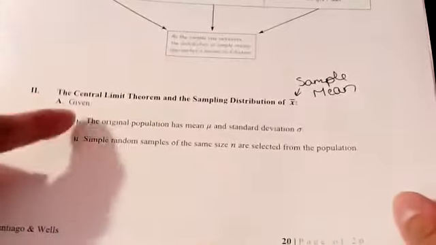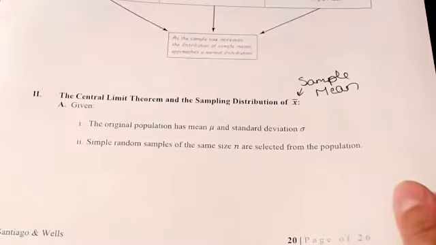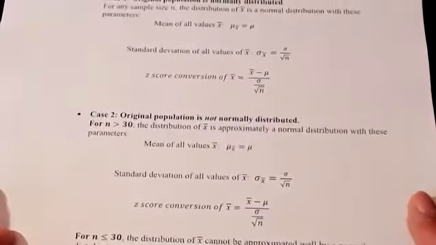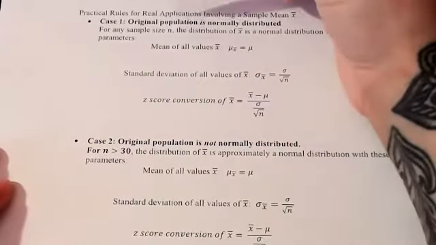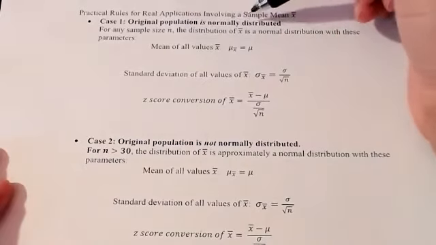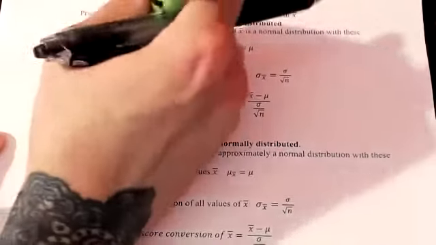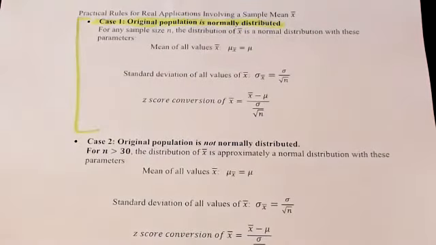So let me show you what happens. Once this information is provided initially, and you know that this is the case, this is like setting the foundation, we can then move to the following two cases. So we have practical rules for real applications involving a sample mean. Case number 1. If we are told that the original population is normally distributed, you're going to use the following information. So for case number 1, if your original population is normally distributed, then for any sample size n, the